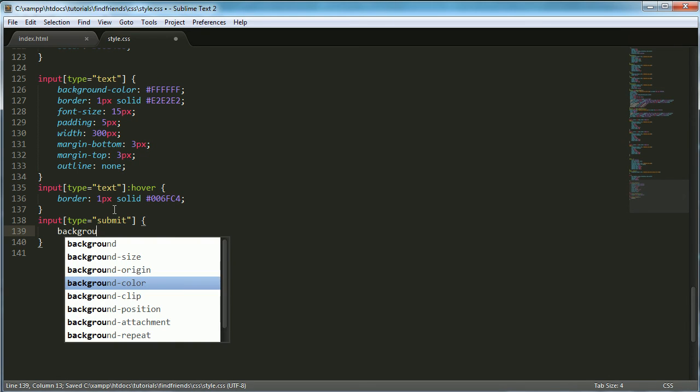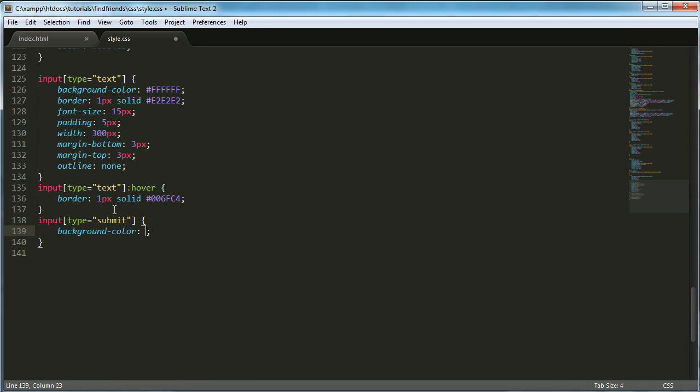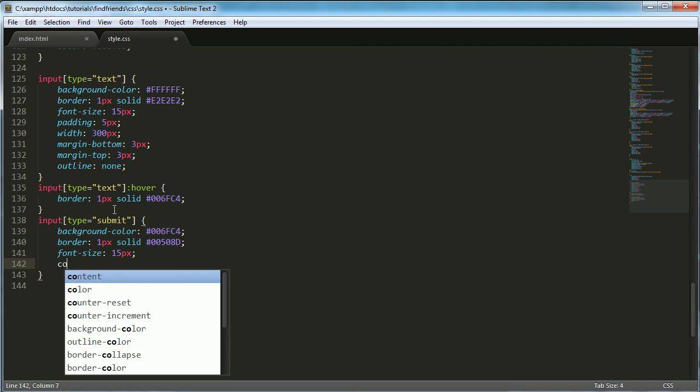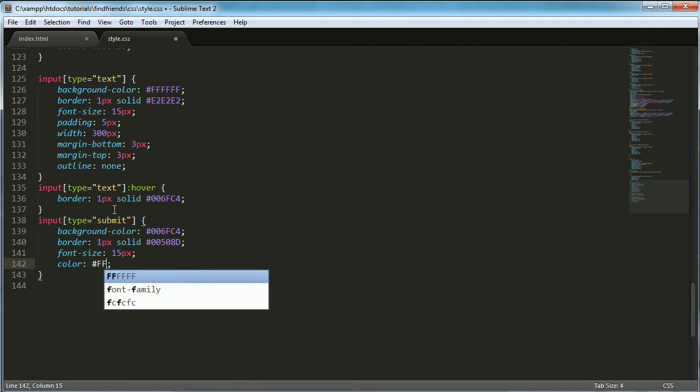So we're going to say background color 006FC4, border 1 pixel solid, and we're going to set that equal to 00508D. Now we're going to set the font size equal to 15 pixels, the color equal to white,